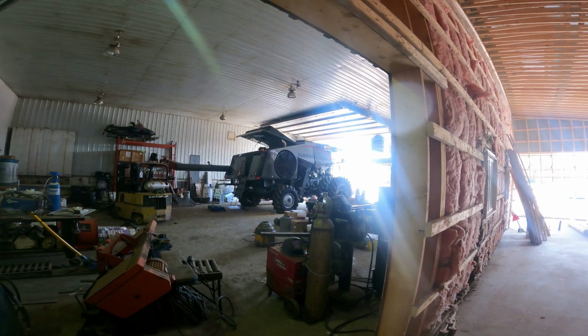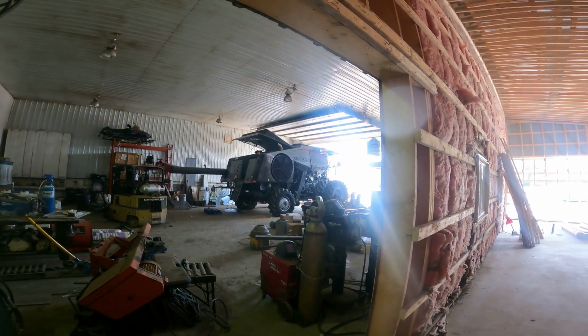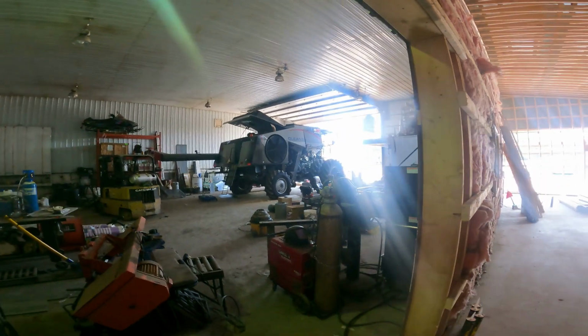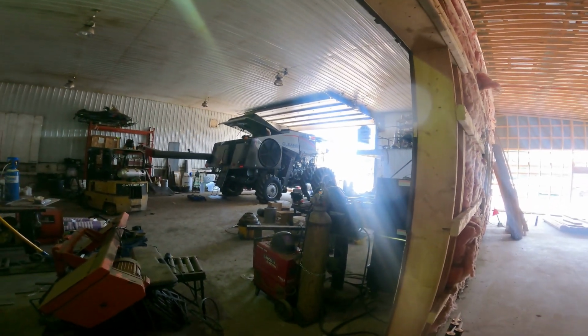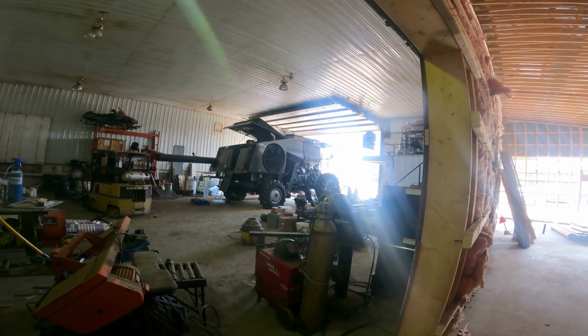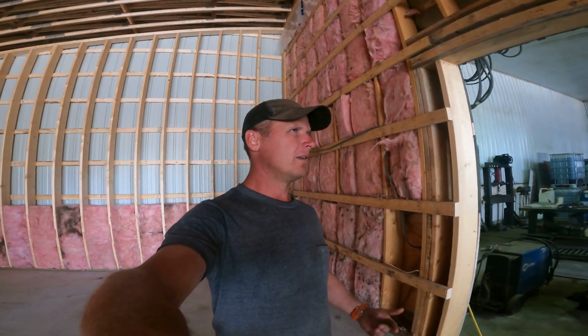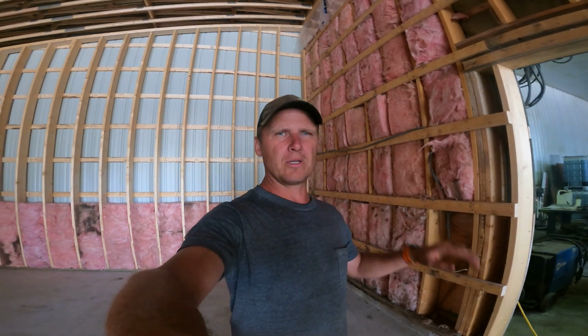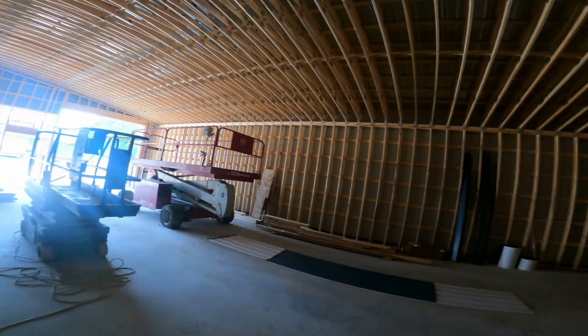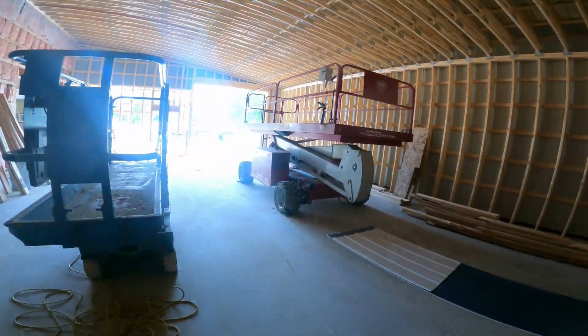So combines there, oils and filters, everything's been changed. Now we just need to go over and check it over. Make sure there's nothing worn or gone. I think we were doing chopper blades. Not quite sure about that. We'll get more into that later, but anyway, yeah, shop's coming along. It's nice and cool in here,